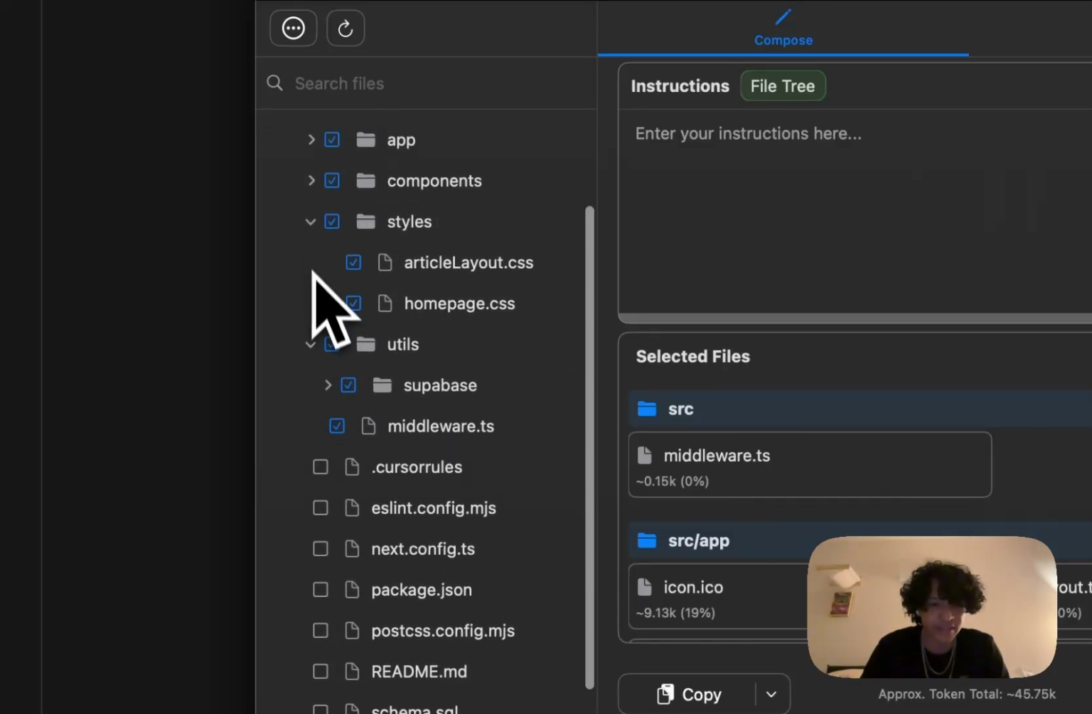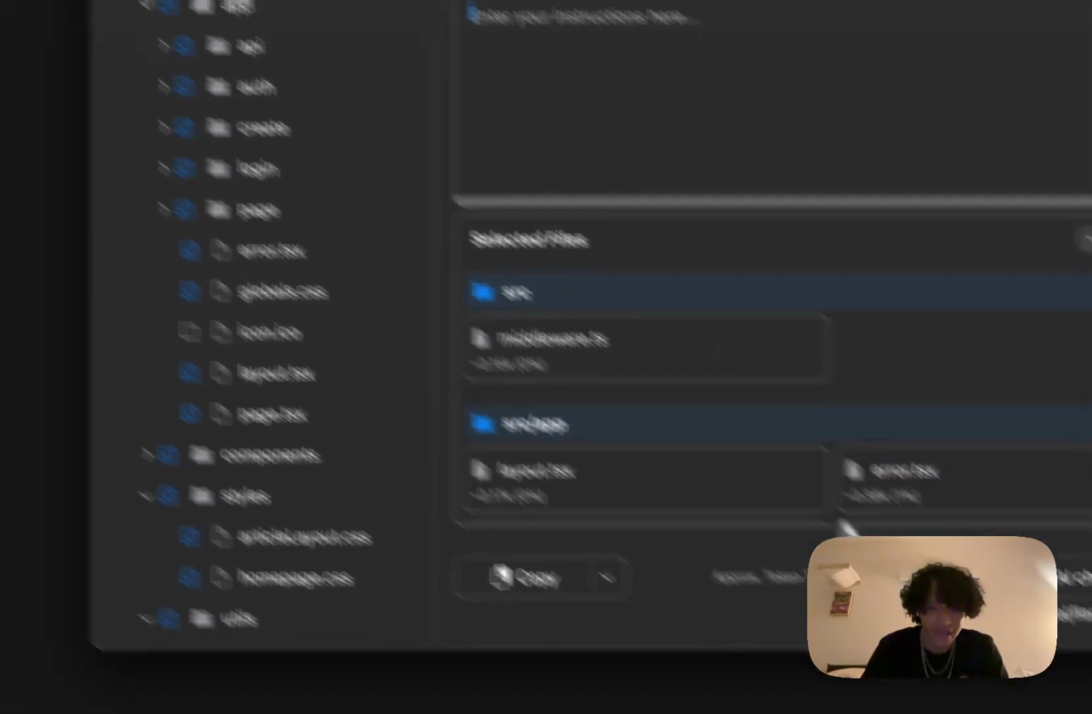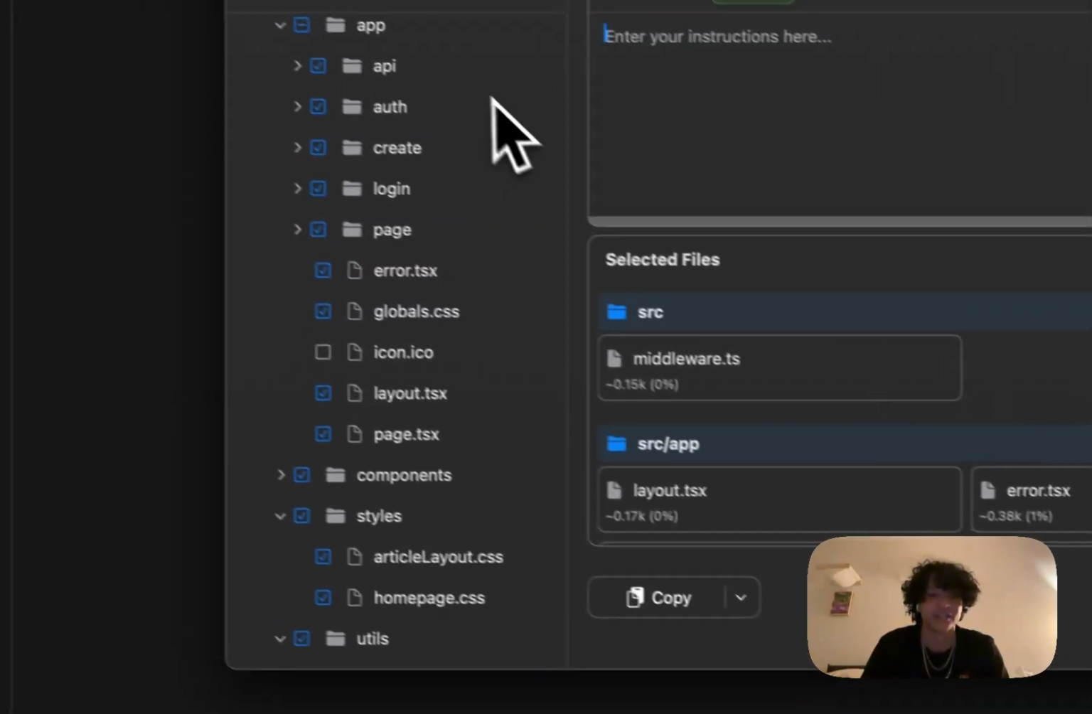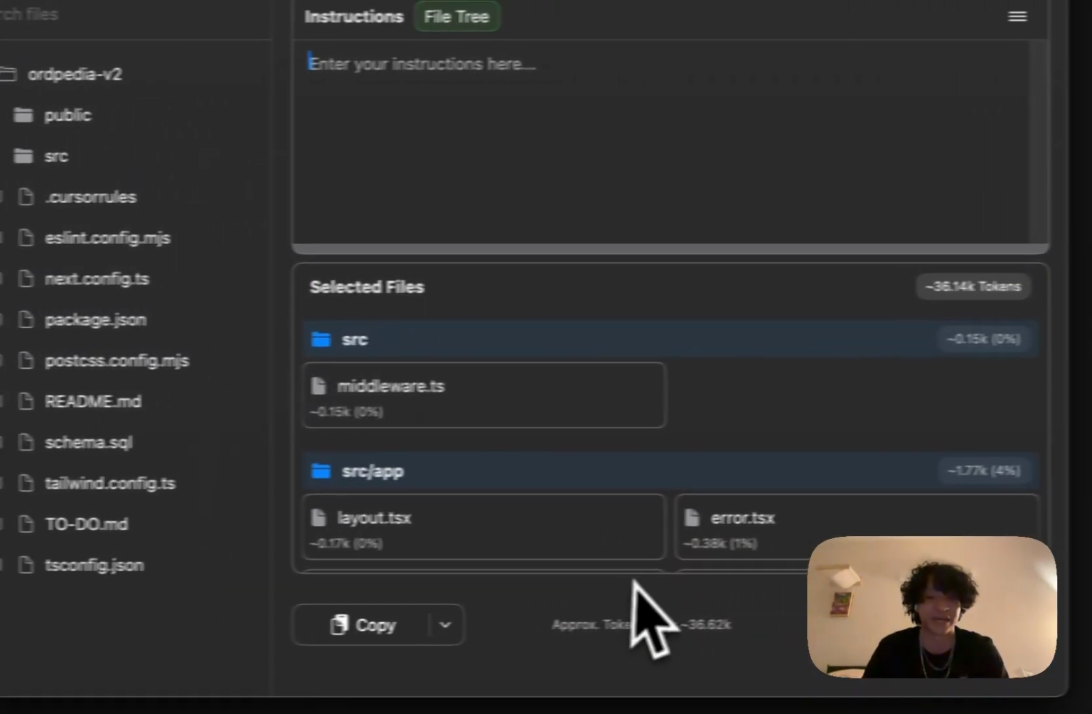Since this is a Next.js app, there is an ICO file, which is a picture that has way too many tokens for no reason. So I removed that. You see, we nearly got 10k tokens removed. So we got the whole code base in. Make sure you don't have pictures added, or else the bytes are going to add a lot